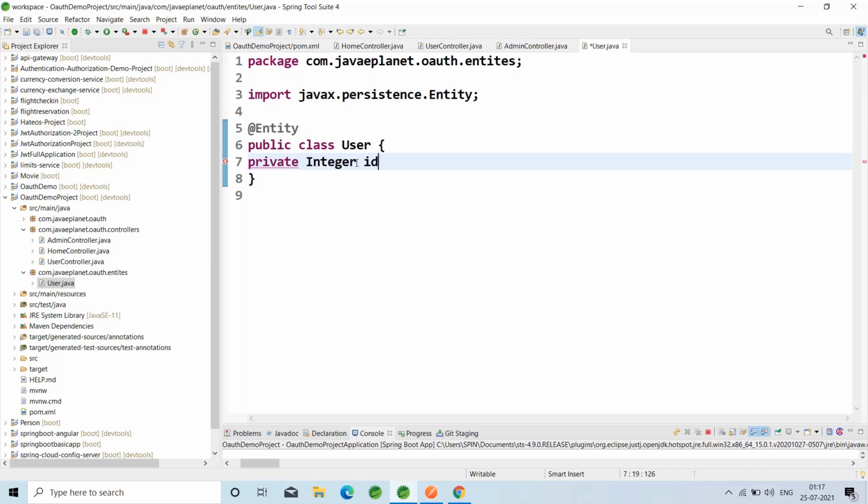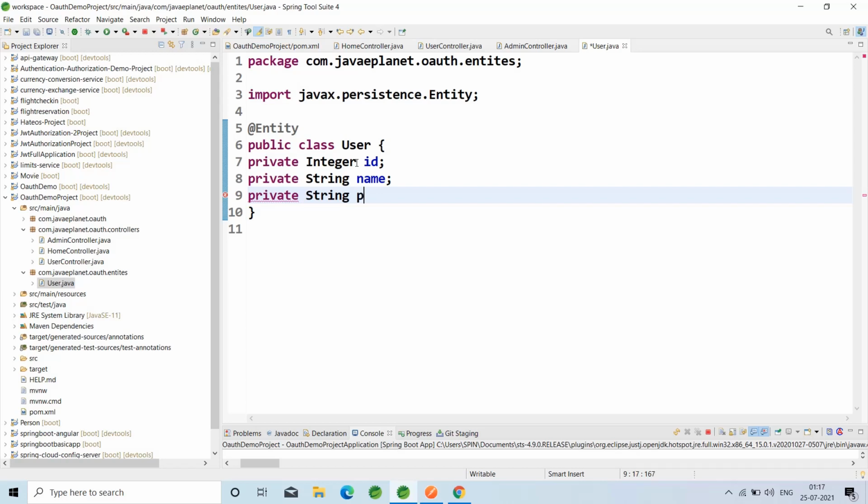Private Integer id, private String name, private String password.